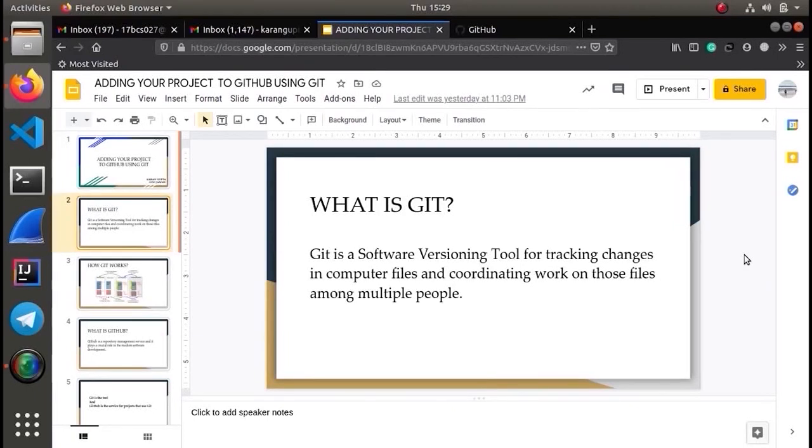But the basic and most important function of Git is to allow teams to add and merge code at the same time in the same project. But there are many other things Git does really well, like it can be used to revert changes, create new branches for adding new features, resolve merge conflicts and so on.